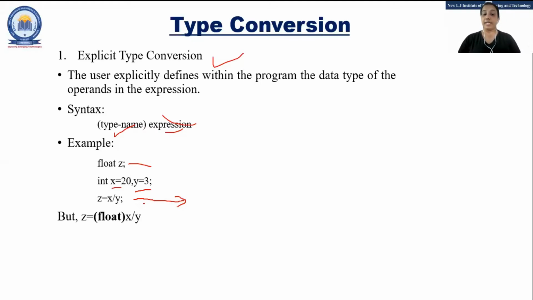But the answer will be in decimal. See, 20 divided by 3, both are integer. So only integer division is supposed to be done. But left side variable is what? Float. So I want what should be the answer. There are two possibilities, right? That means 6.333 something will be the answer. But right side, both are integer. So your answer will be only 6. Okay. But it will be assigned into float. So when we are going to print the value of Z, what should be the answer that I am asking?